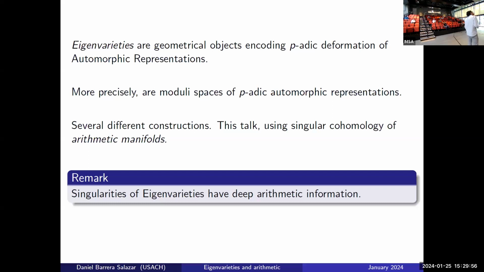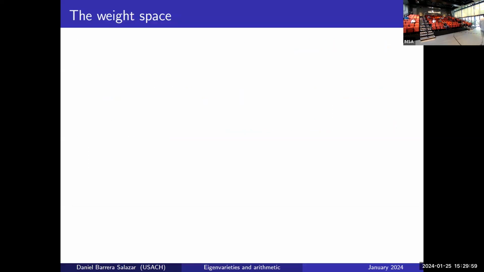So let's explain a little bit. We want to give the idea of the deformation of the automorphic representation. The way that we should do it is having one parameter of this automorphic representation and moving this parameter. And this parameter is the weights. Of the most representative of the parameters, the level and the weights, you have more than these two. Fix the level and move the weight. So what I mean by that is,